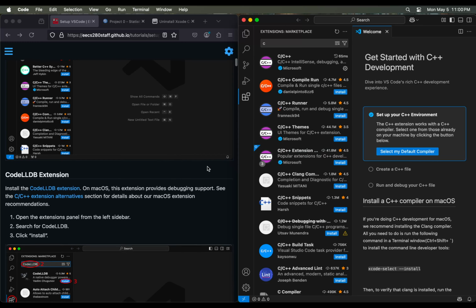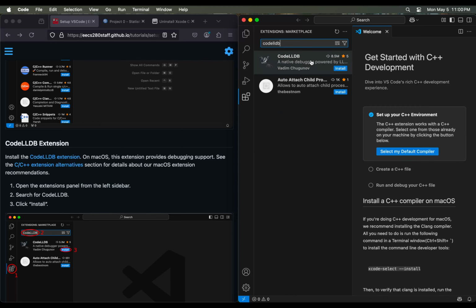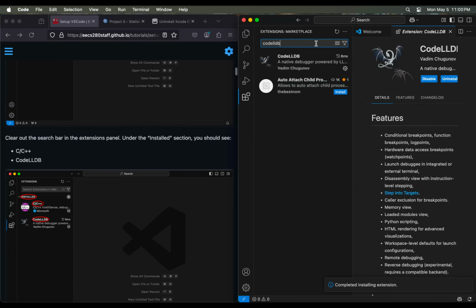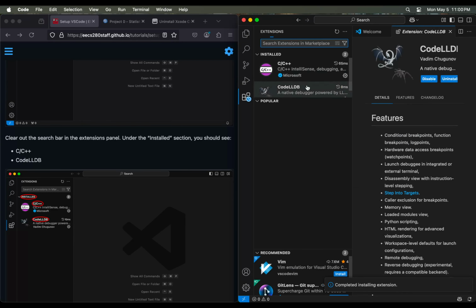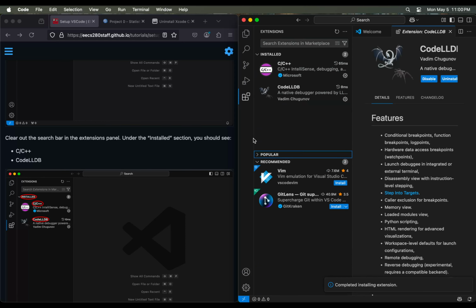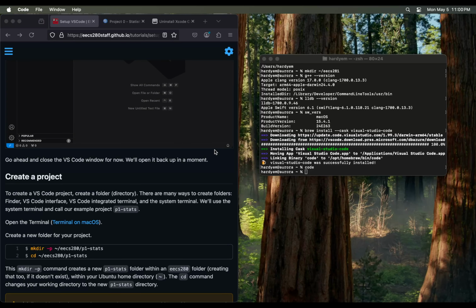Now we're going to get the CodeLLDB extension in order to get debugging support with LLDB. Then trust publisher and install. Finally, I'm going to clear out the search panel with this, and you can see that we have C/C++ and CodeLLDB installed. Now I'm going to close the window. Then I'm going to create a